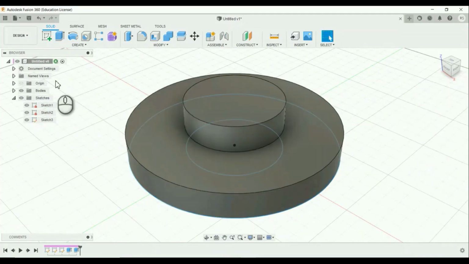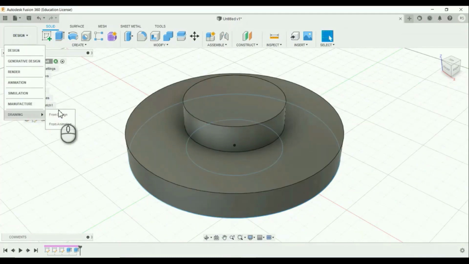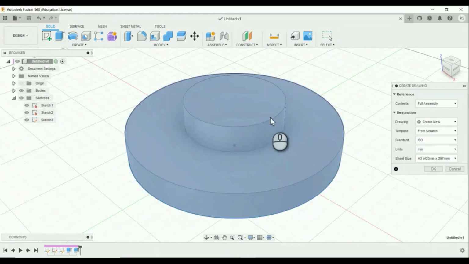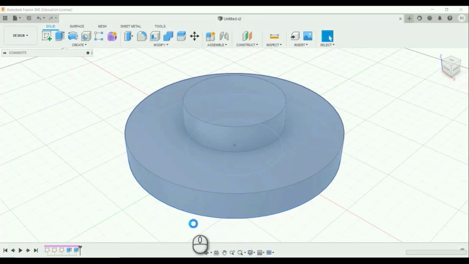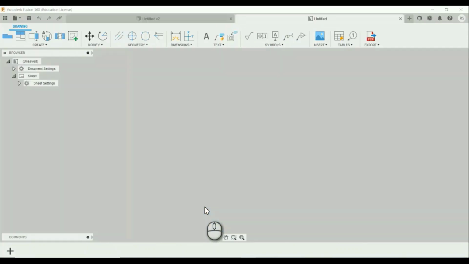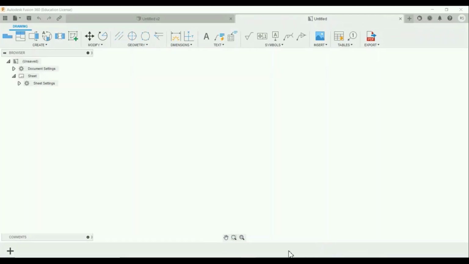and I click OK. After that, go to drawing workspace from design and you have to select the full assembly. If you want part assembly or visible parts only, click that and click OK to create the 2D diagram. This is the drawing workspace and it will take some time. Wait a second.